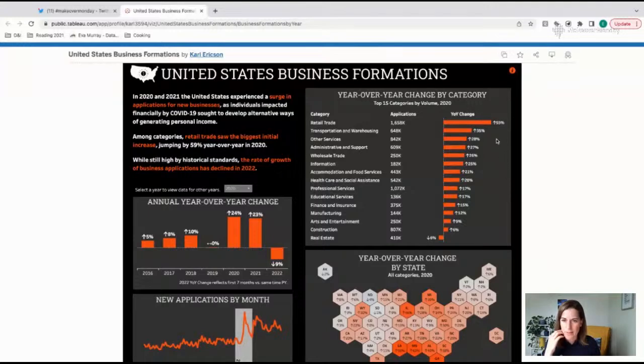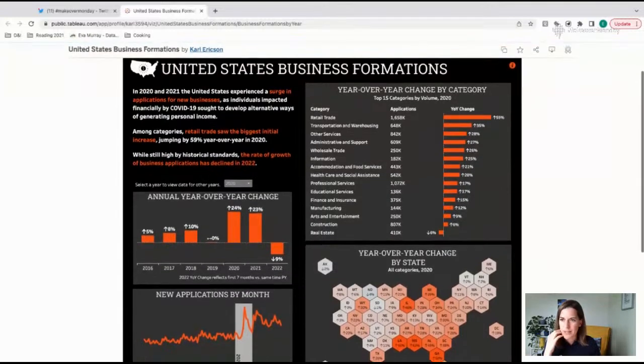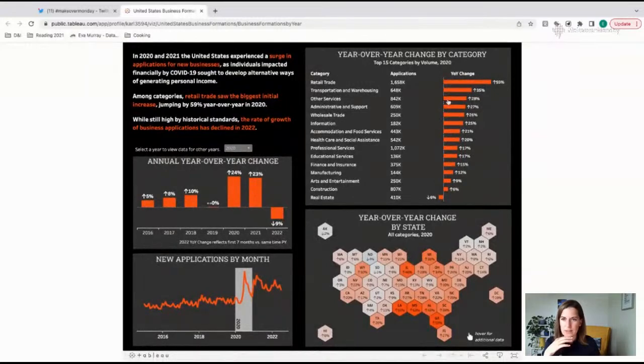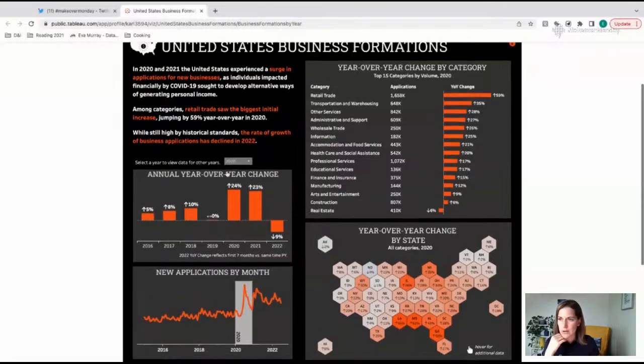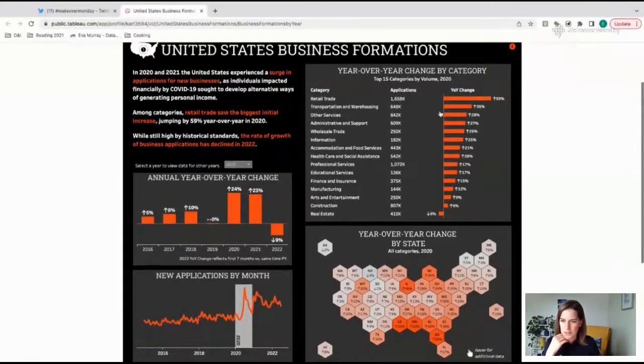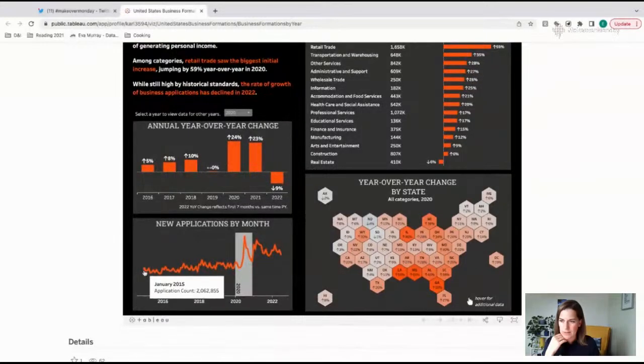This is interesting because in the previous viz, we saw that things have gone down, but here it looks like everything has gone up. This was in 2020. So maybe it doesn't take into account the years of the global financial crisis, which probably skewed the results. So this looks like it's only going from, well, I'm not sure, because it talks about 2020 and 2021. This chart is 2016 to 22. This chart is 2020, and then this one down at the bottom starts in 2015.